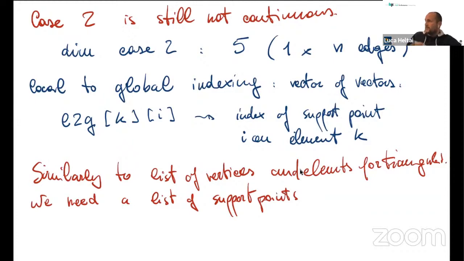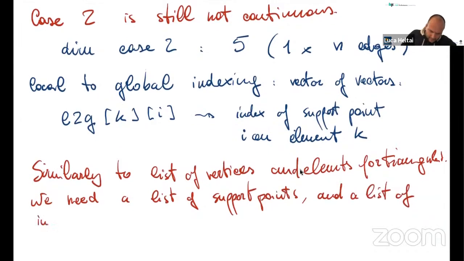They may be vertices, they may be vertices and something else, or they may be multiple copies of vertices. So there's no relationship in general between vertices and support points, except the coincidence that sometimes they lie on the same physical position. A list of support points and a list of indices that refers to them